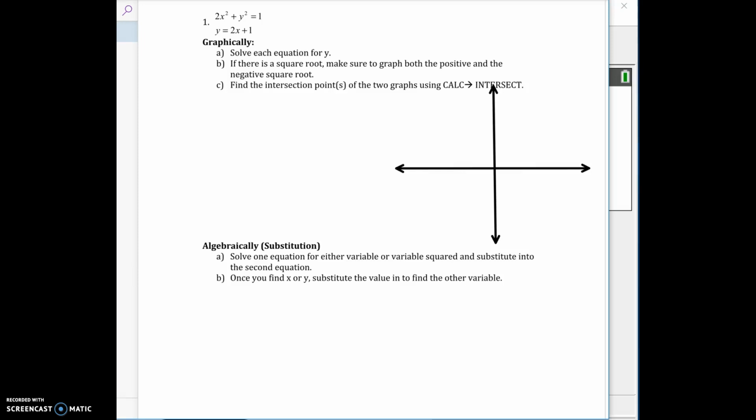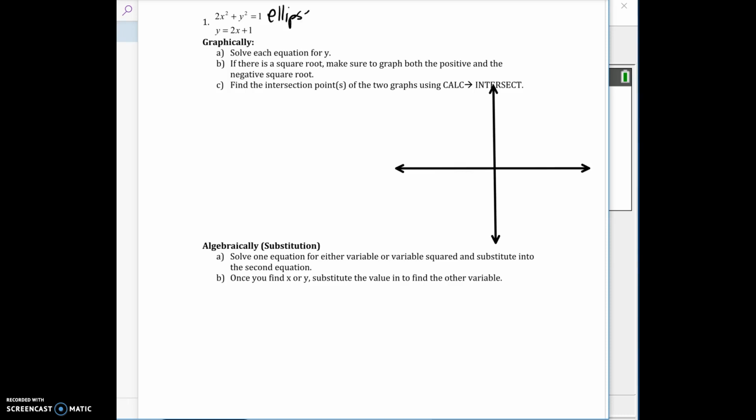Alright, so this is your first of 2 videos for solving systems of conics. We're going to look at the ellipse, hyperbola, and some older graphs that we've already looked at and their intersections. So our first situation, since we do have the 2 in front and the plus sign, we are looking at an ellipse